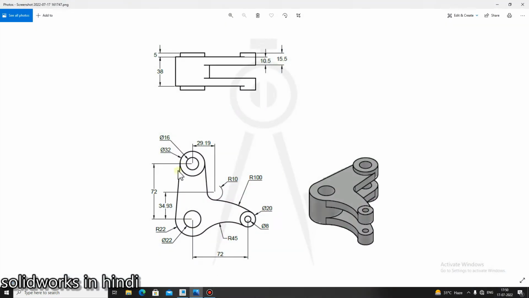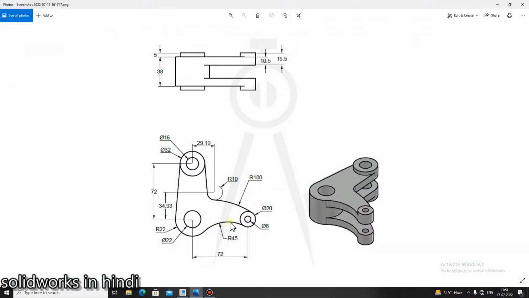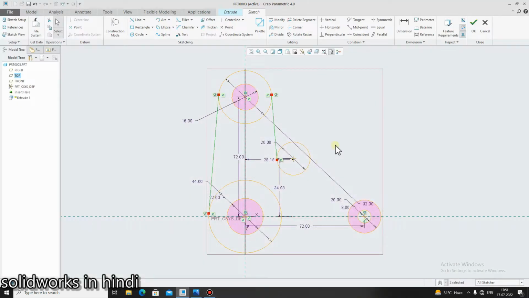Then we will make these 2 lines tangent. Click on this line, click here, click here, click here, click here. Likewise it is ready.